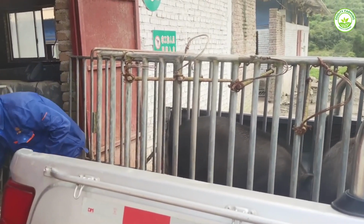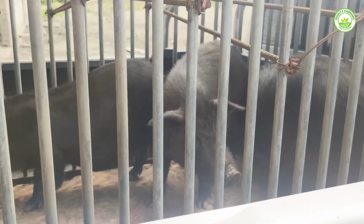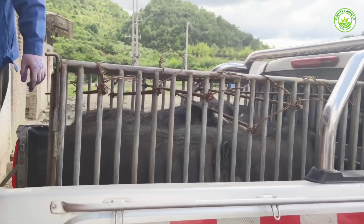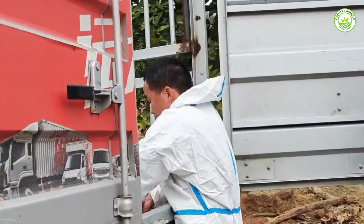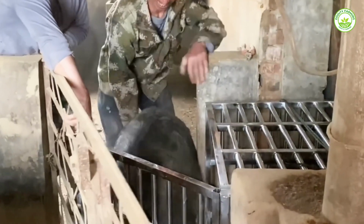After capture, the boars are placed in specially designed trucks. These trucks have enough space and ventilation to keep the boars comfortable during transport. Quick and careful handling ensures that the meat stays firm, fresh, and packed with natural flavor by the time it